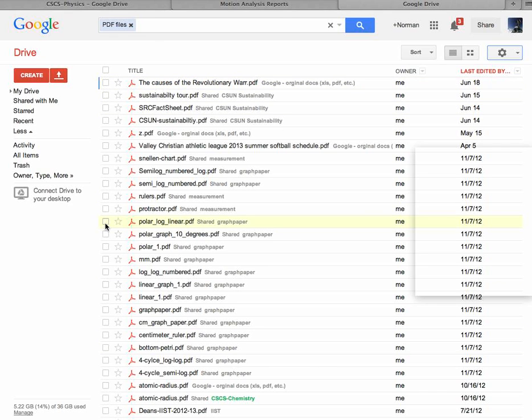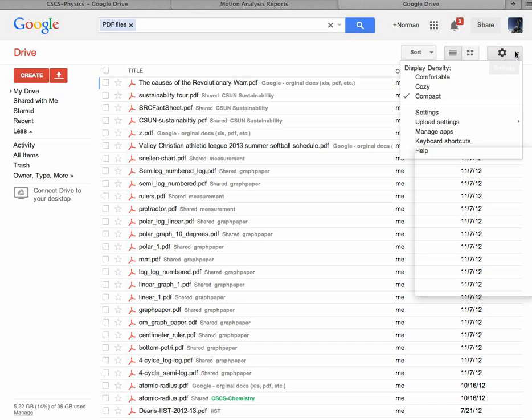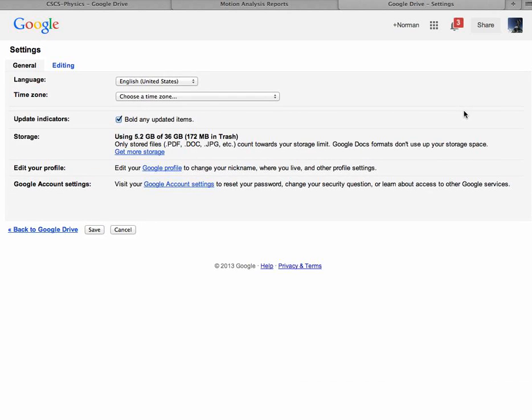So comfortable, cozy, and compact just means ways of adjusting the real estate here. And so right now you can see that I've just made it a little bit tighter because I like to have so many documents. I want to make sure that they're viewed under the compact, because then I can get more in the same space. When you click on settings, settings will control things for the entire